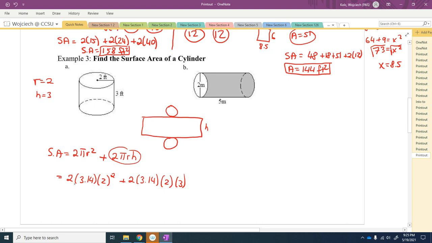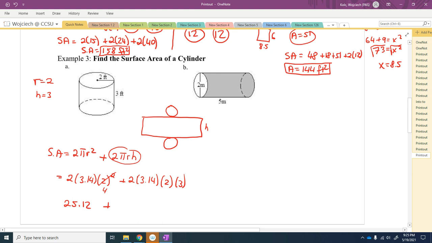Okay, now if you look at the left side here, you have to do exponents first. 2 squared is technically 4. Okay, and 2 times 3.14 times 4 is equal to 25.12,